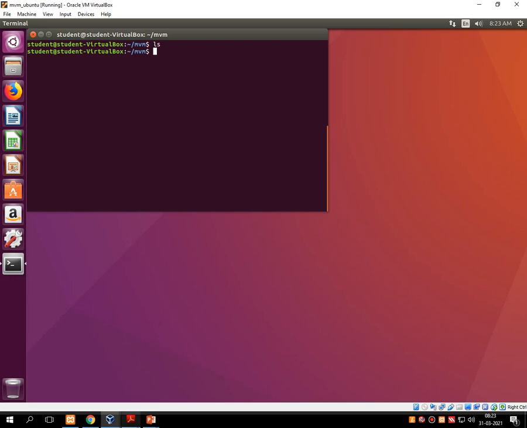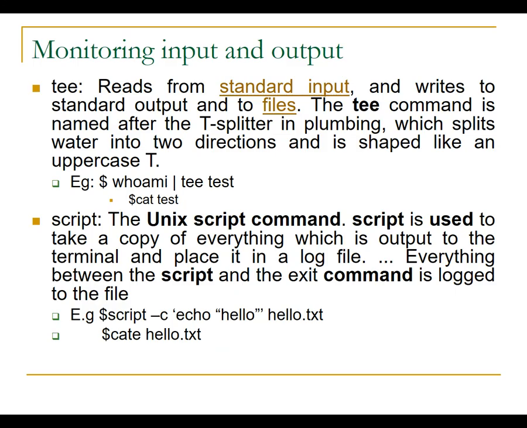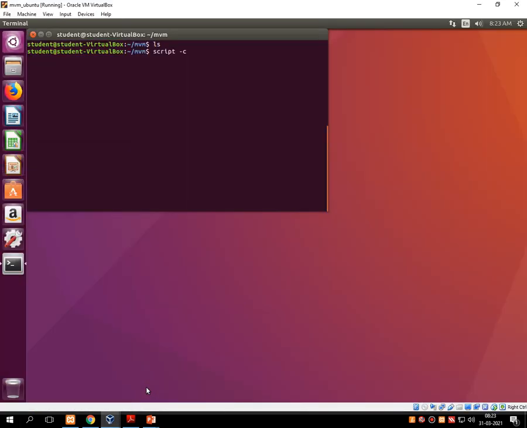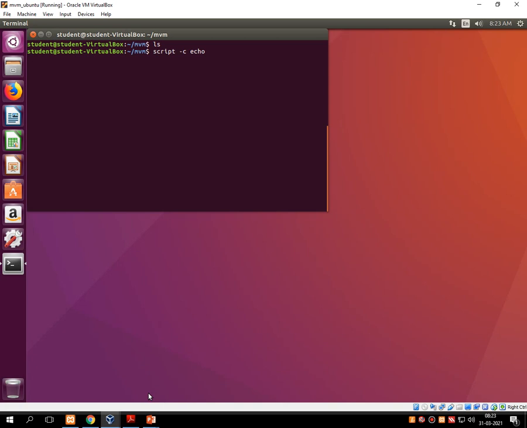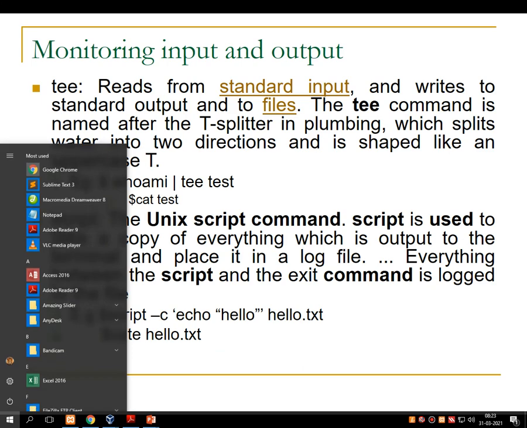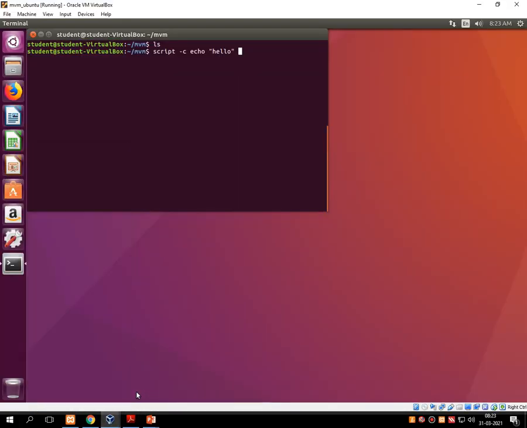Now type script -c space echo, in double inverted commas hello, bracket over, space, and here I am giving the file name called test.txt. Press enter.